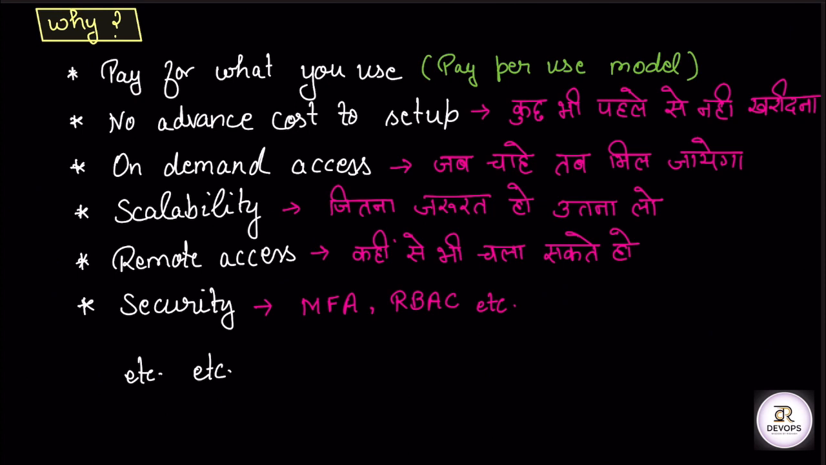No advance cost to set up means कुछ भी पहले से नहीं खरीदना हमें। हमें जाना है क्लाउड के पास, हमें बोलना है कि हमें ये चाहिए, वो हमको दे देंगे। हमें कुछ चीज अपने से परचेज नहीं करना। हमें कोई एक सर्वर नहीं खरीदना जिस पे हमें कुछ अपना काम करना हो। हमें कुछ खरीदने की जरूरत नहीं है। हमें क्लाउड से ये बोलना है, वो लोग हमें मंथली रेंट पे दे सकते हैं, मंथली ईयरली जो भी होता है।